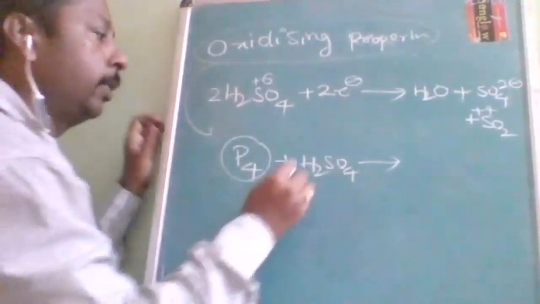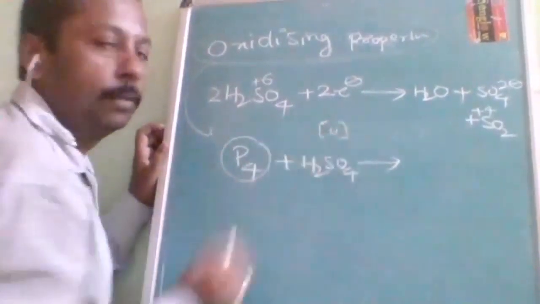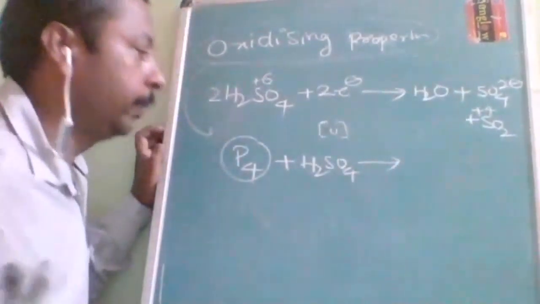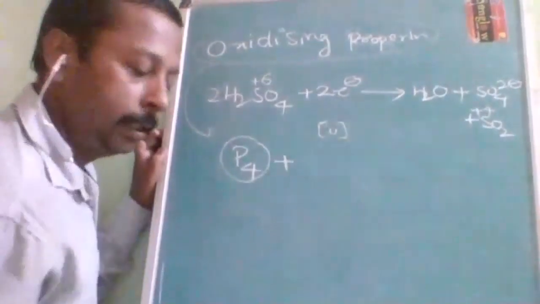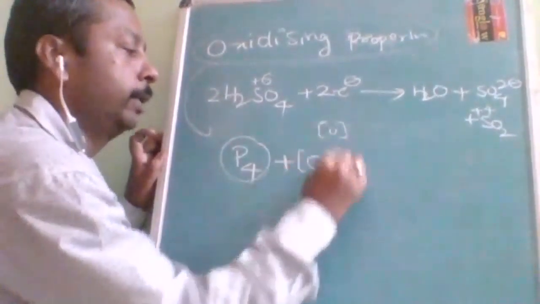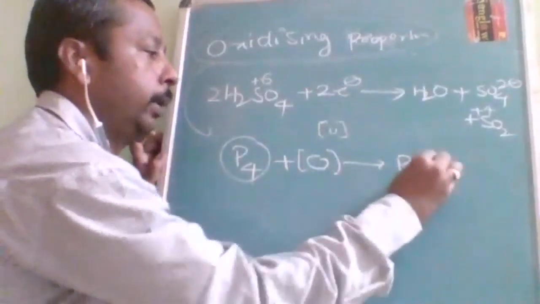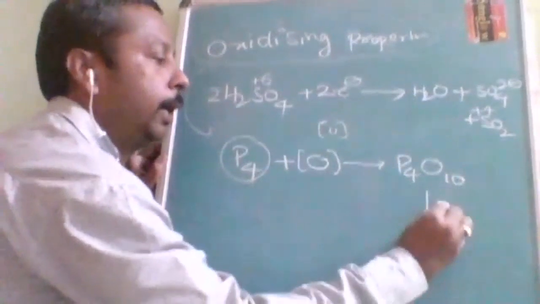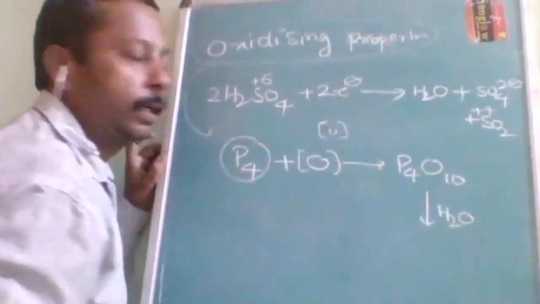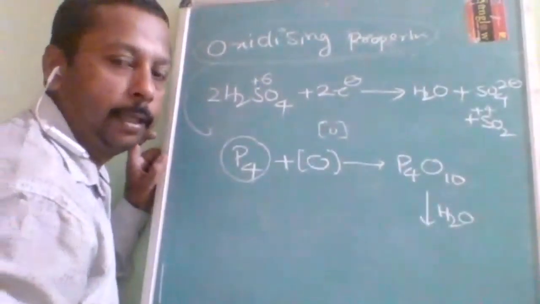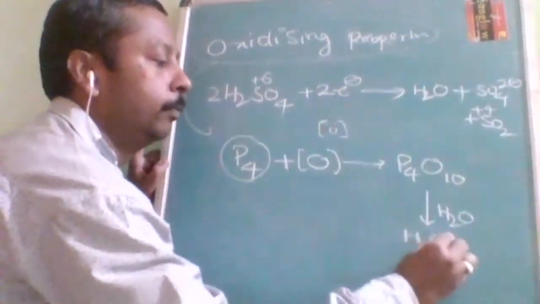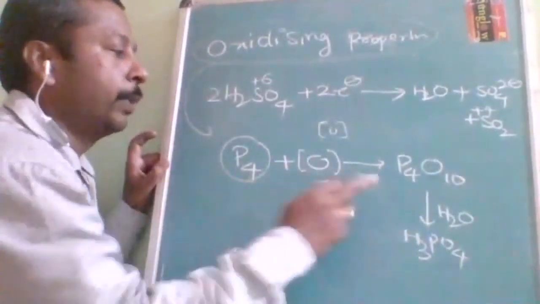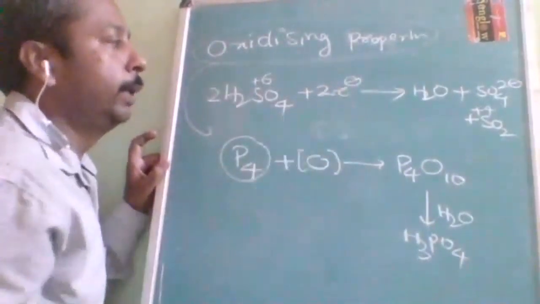Okay, for this what do I have to write? Nascent oxygen. P4 requires it, first I will write it stepwise, then you will be able to understand. When it is sufficiently provided with nascent oxygen, it is going to form P4O10. Then on hydrolysis, if you do the reaction in aqueous medium, it is going to form phosphoric acid, H3PO4. Is it understood, students? Now we will combine both reactions.